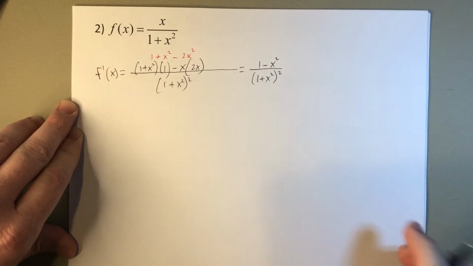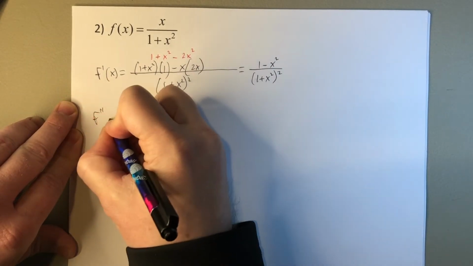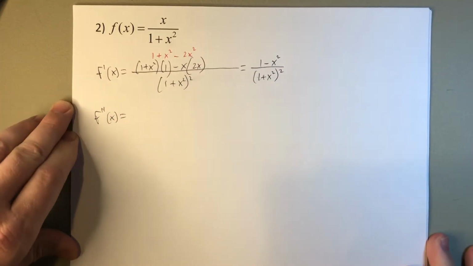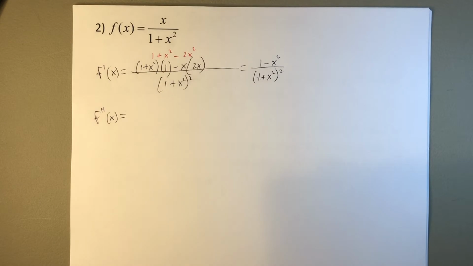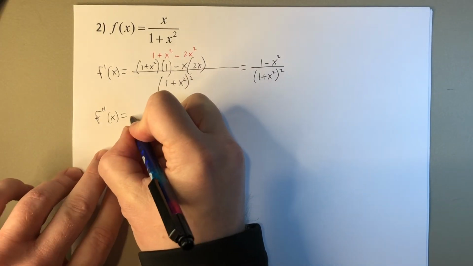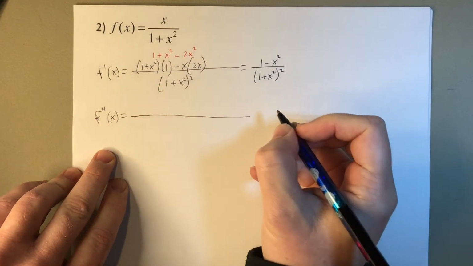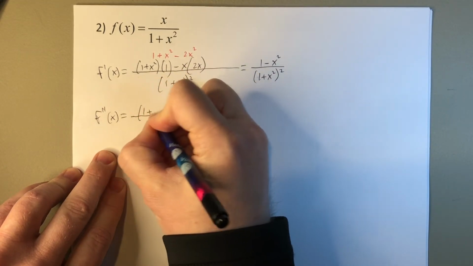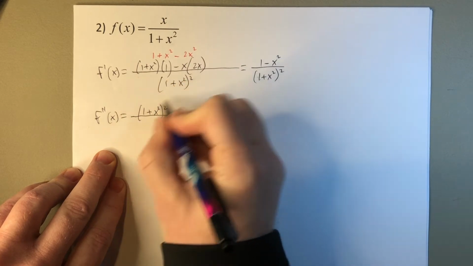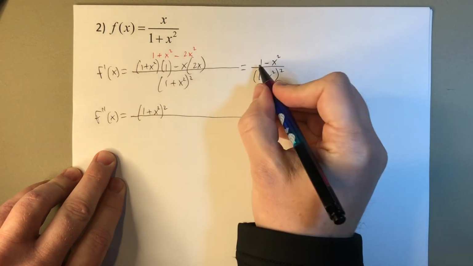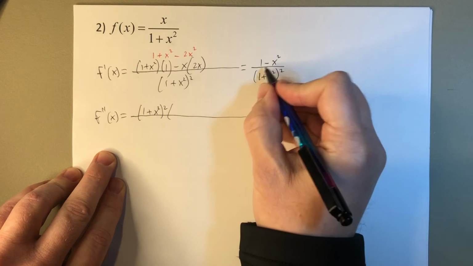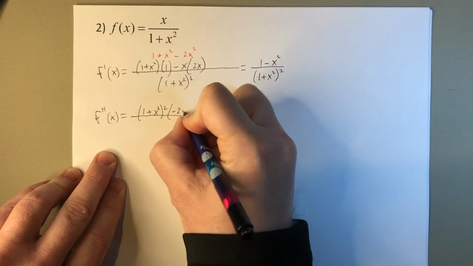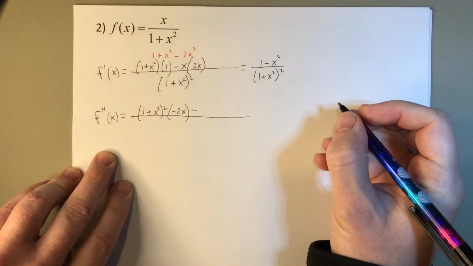What's our second derivative? Well, fun times here. All right, you've got to show me your work for credit. Okay, quotient rule again. Here we go. Low, the whole thing, times d high. There's the high. So the derivative of this would be negative 2x, and then minus